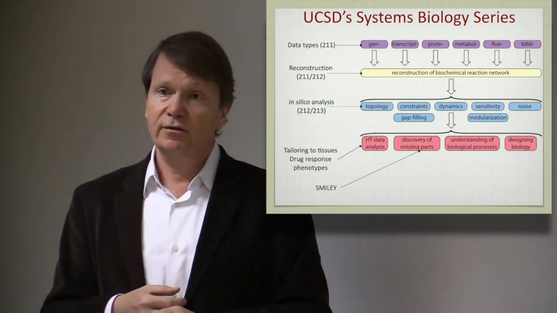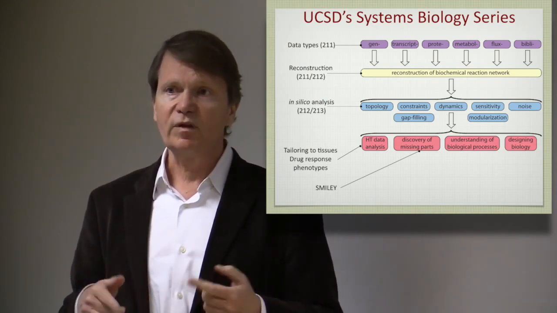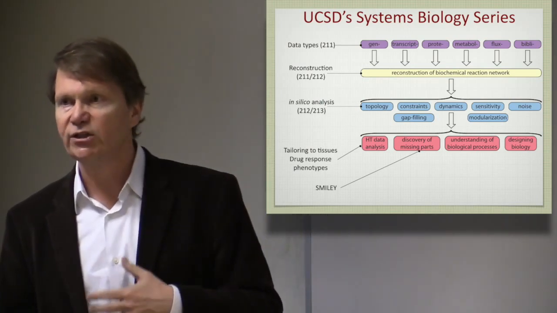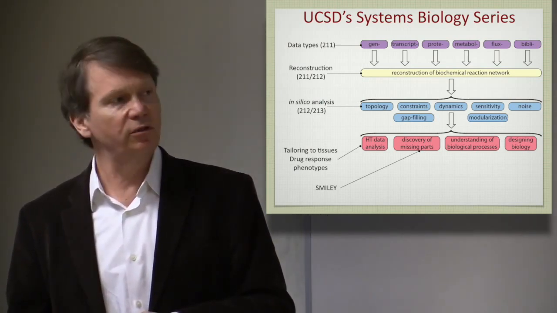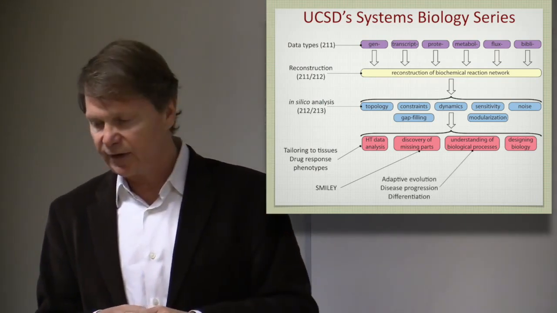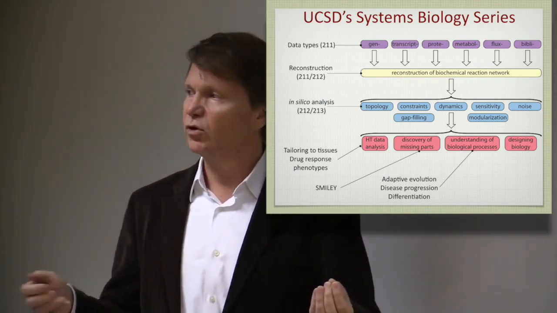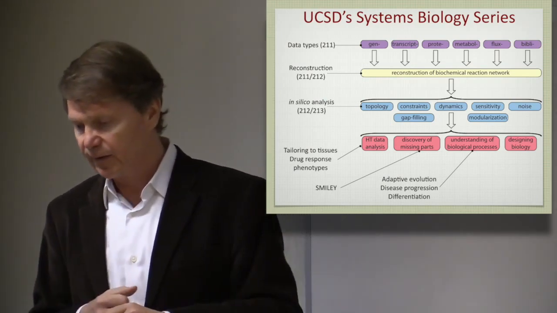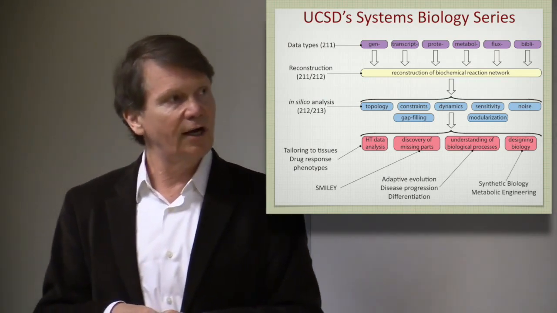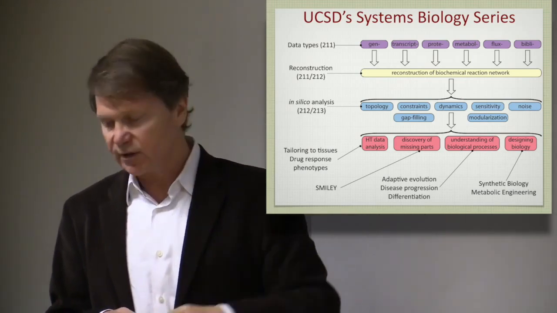We teach gap filling methods, algorithms like SMILEY. So if there's a mismatch between prediction and data, we can now calculate what is the most likely reason for that discrepancy and do an experiment. So we can systematize hypothesis generation. We study, like I said, time-dependent phenomena, adaptation, disease progression, maybe the differentiation of a hematopoietic precursor cell to a lymphocyte. That's a well-defined process that can be studied now through systems biology methods. And then, of course, the designs. So we'll go through all of these topics here at the bottom of the slide in this course.